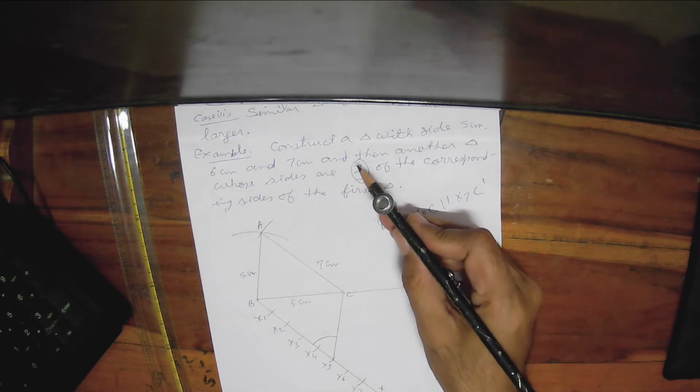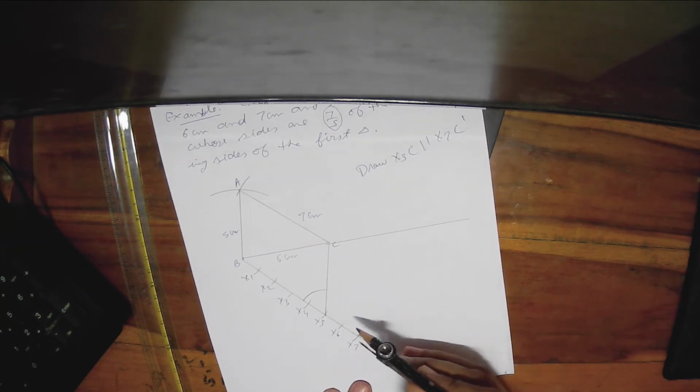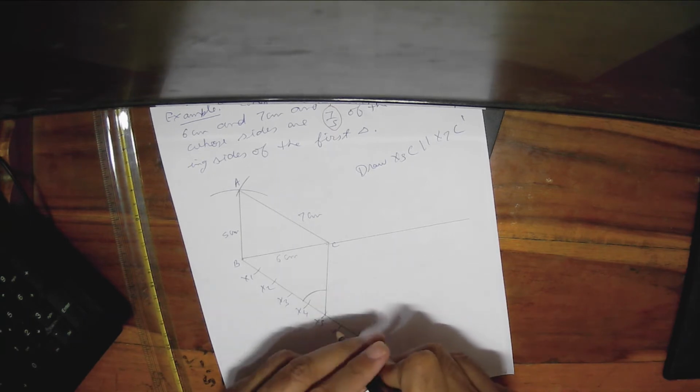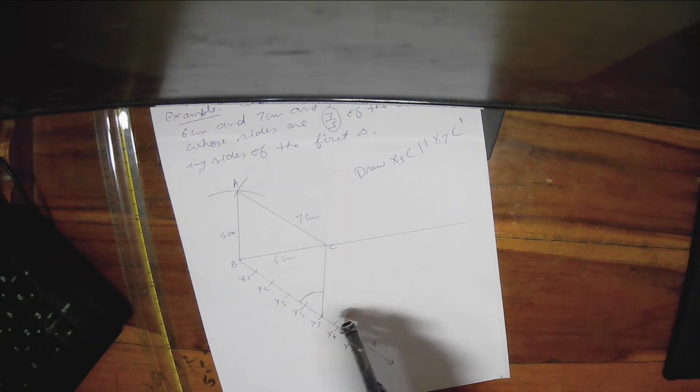Next, what you have to do is, what is our number? 7 by 5. So from 7 now we will draw whatever length you have taken of this arc, same length you will take from x7. So this x7, from here you will draw an arc. So this is the arc.